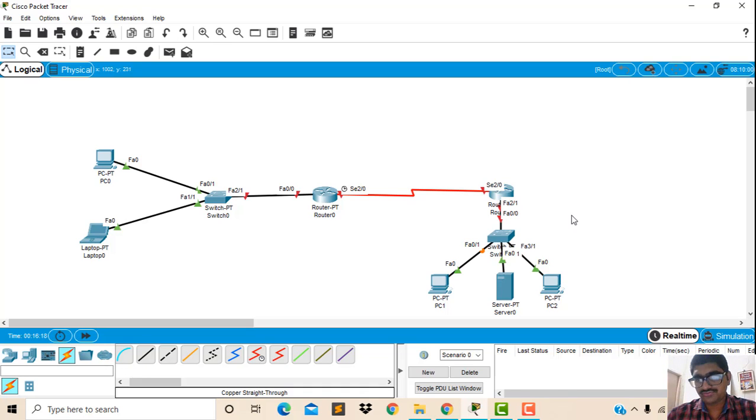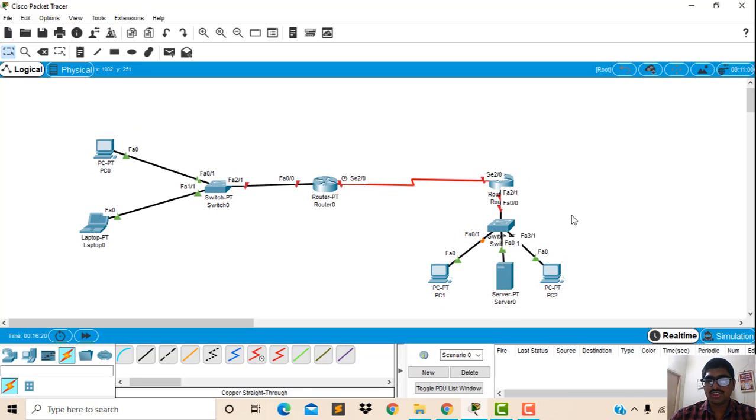Now this is the topology diagram of the server with the switch, PC with the switch, and PC2 with the switch.